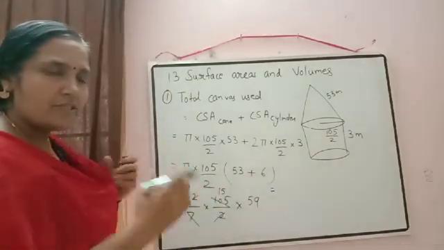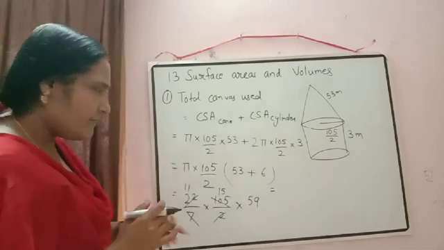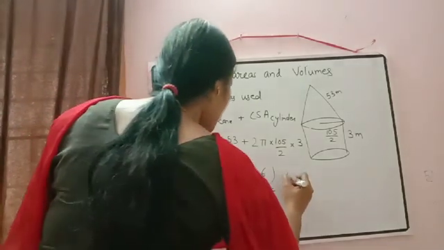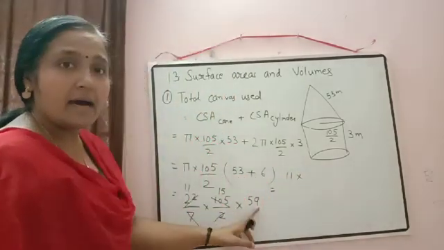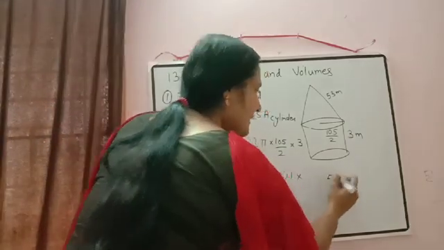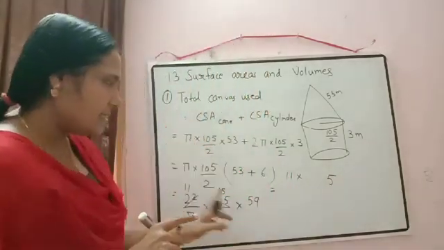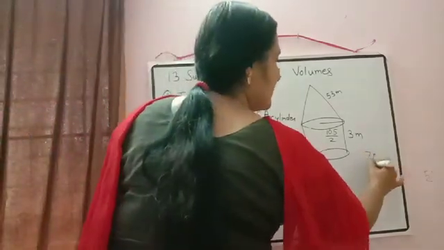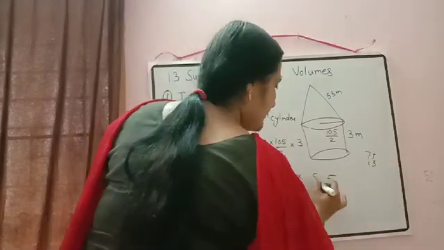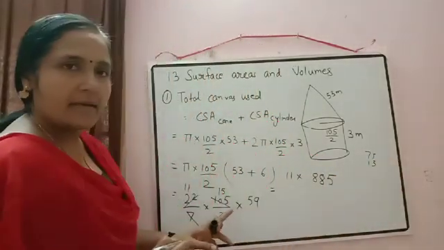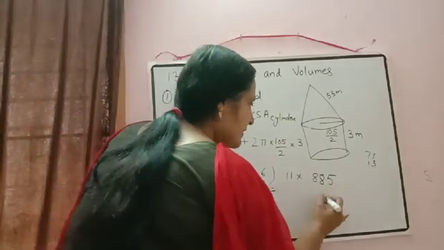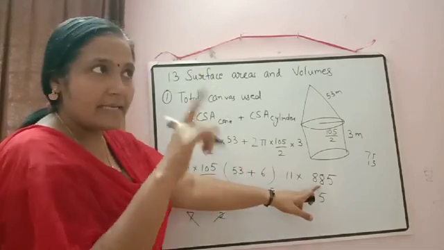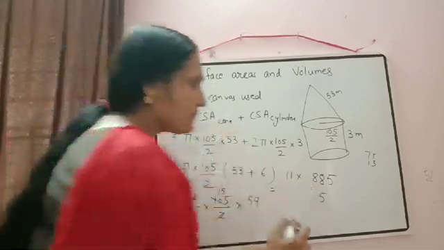Now we'll check how to arrange this so that we do not need any rough work. Can we multiply 59 and 15 first? Then it will be 11 into, 15 nines are 135, carry over 13. 15 fives are 75, and 75 plus 13 will be equal to 88. Correct? So now we can multiply this one. 11 fives are 55, carry over 5. 11 eights are 88, and 88 plus 5 will be equal to 93.